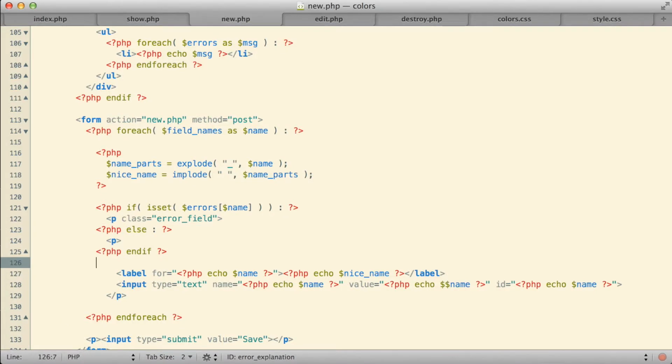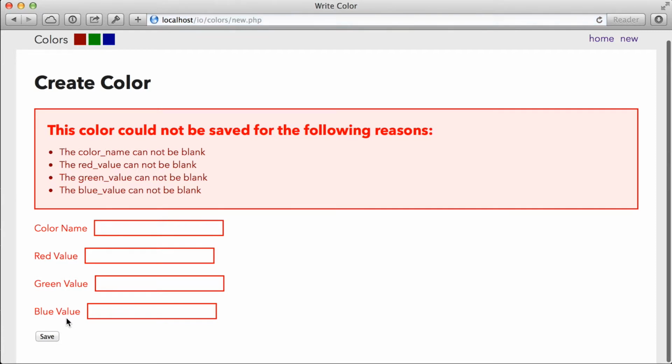So what I'm going to do is go back up here where I'm generating my nicename. And when I generate my nicename, I'm going to have it capitalize all the different parts of that nicename just after I've imploded it. There I've simply taken the string that's returned to me by implode, and I've passed it to ucwords to have each one of the individual words in that string capitalized. So that then becomes my nicename. Back in the browser now, when I refresh, all of my field labels down there are getting capitalized, and they essentially look very much like they did back when I had them typed in by hand.